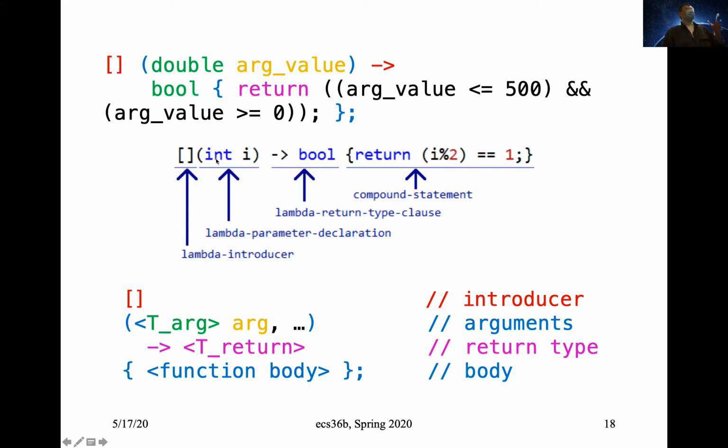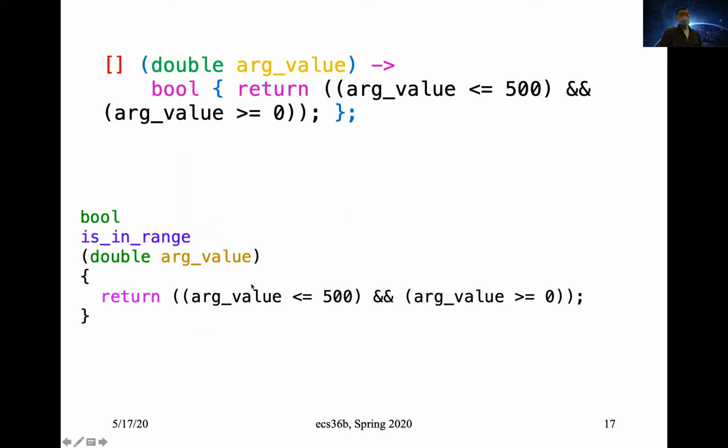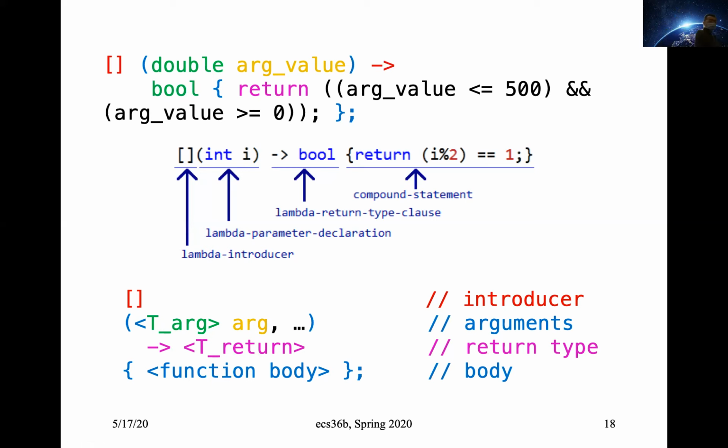So essentially this Lambda is taking one integer as input, but it could be as many as you want, and then it's going to return a Boolean. Okay, that's what it's saying. It could be a double argument value, whatever, and then return the Boolean. Inside the function, this is called the function body, and you can do whatever you want. This is only one line, but typically with a Lambda expression you don't want to write a huge amount of code, because otherwise it gets really ugly. The body of the code is inside here, and you're using this argument value in here. So this code is essentially equivalent to this piece of code here. I'm just using the Lambda to show you a very simple way of doing it. Okay, so there are 4 elements you should remember: the introducer, argument, return type, and the body. Those 4 things